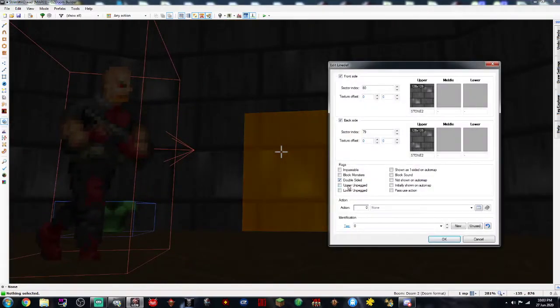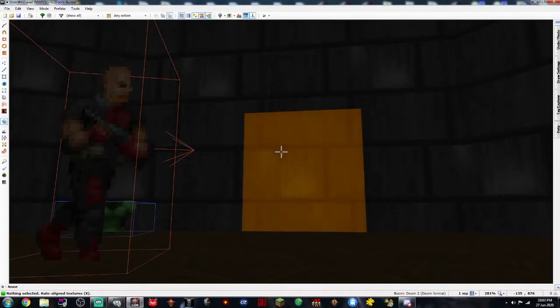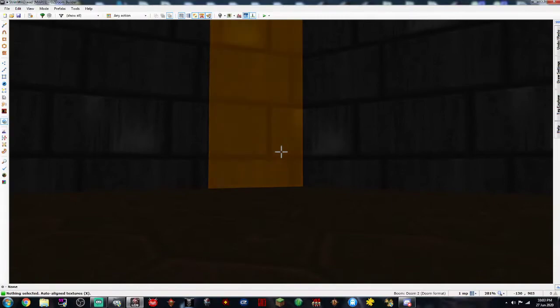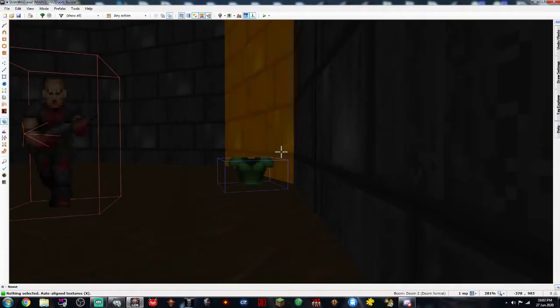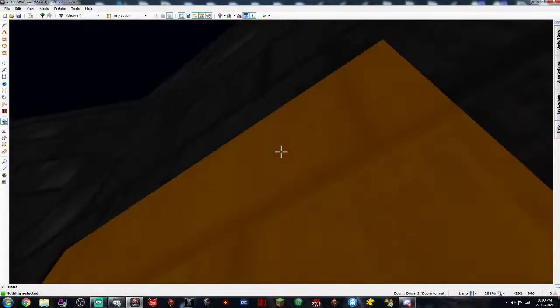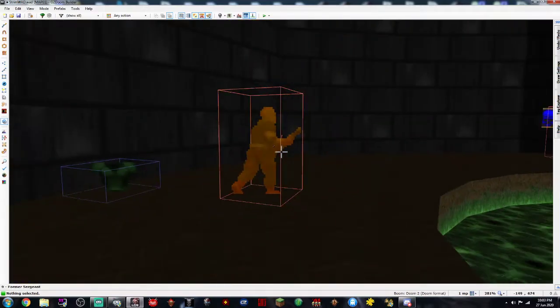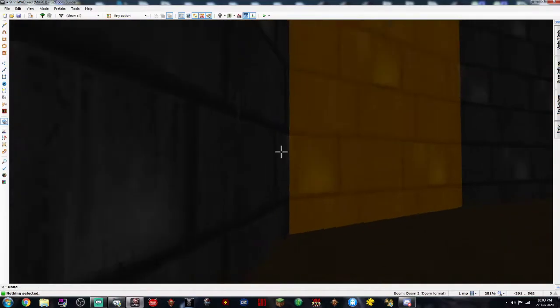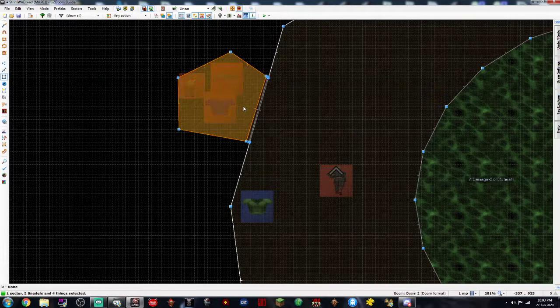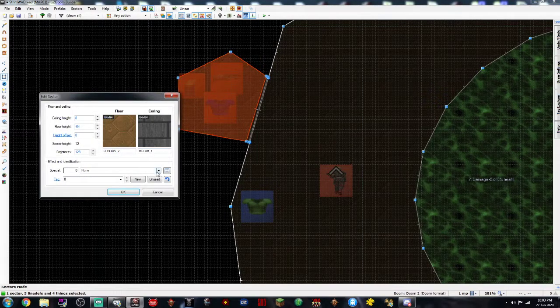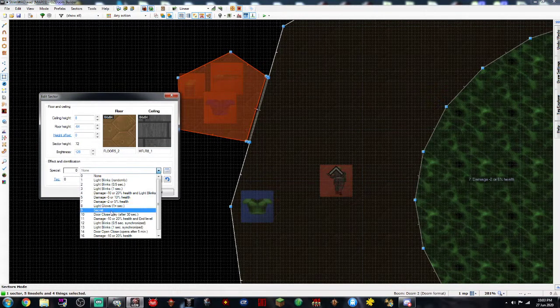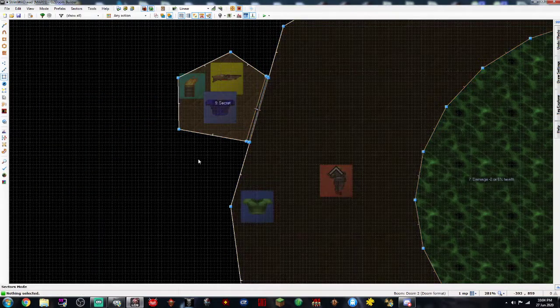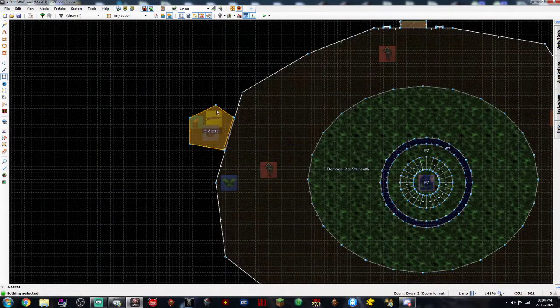If I offset, unpeg you, now that definitely looks sus. There, almost imperceptible unless you happen to find that 1 pixel gap in the wall. You would never know what you're looking for. Now to make something a secret, you just select this, special, secret. Easy. You can also hide things on the map,